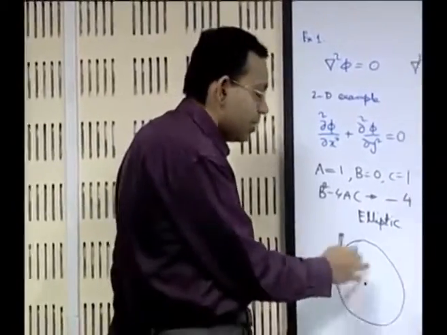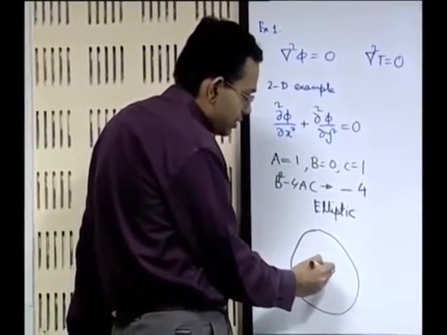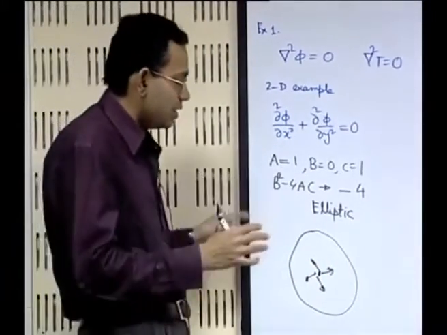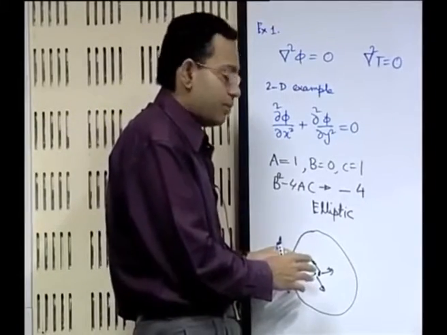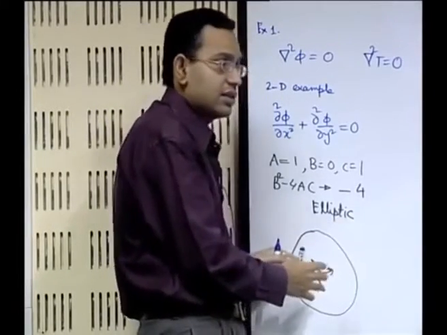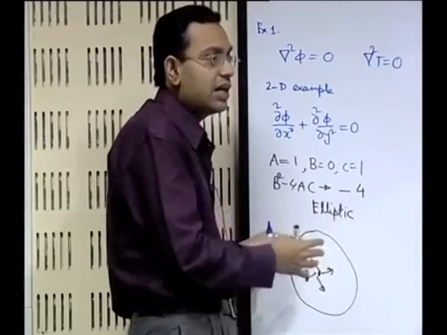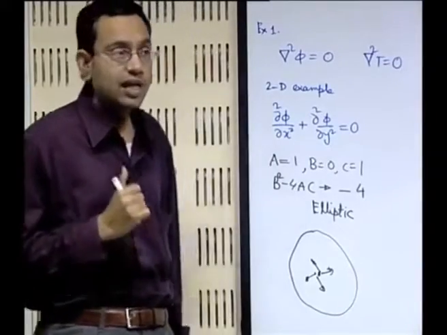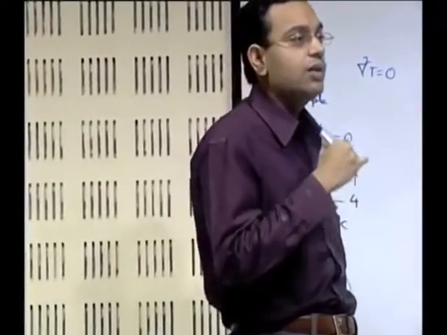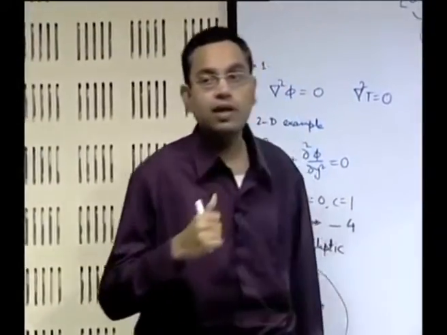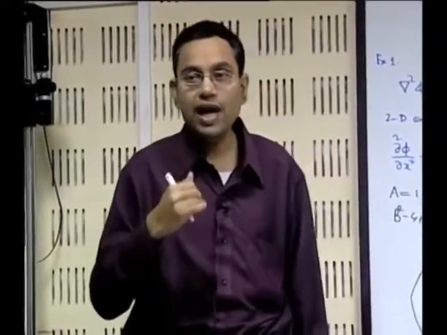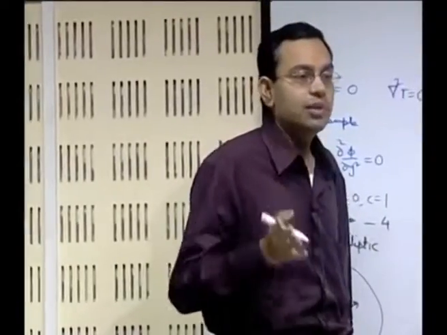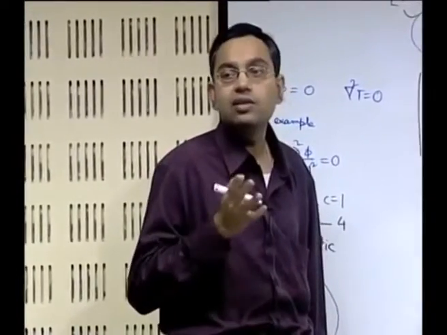Once you are disturbing it, this disturbance will propagate to other points in the domain, and when it is elliptic, this disturbance propagates towards all directions inside the domain, and it does so at infinite speed. That is very important. This is one of the very important physical meanings conveyed by Fourier's law of heat conduction, that when you have a thermal disturbance, it propagates towards all possible directions at infinite speed.